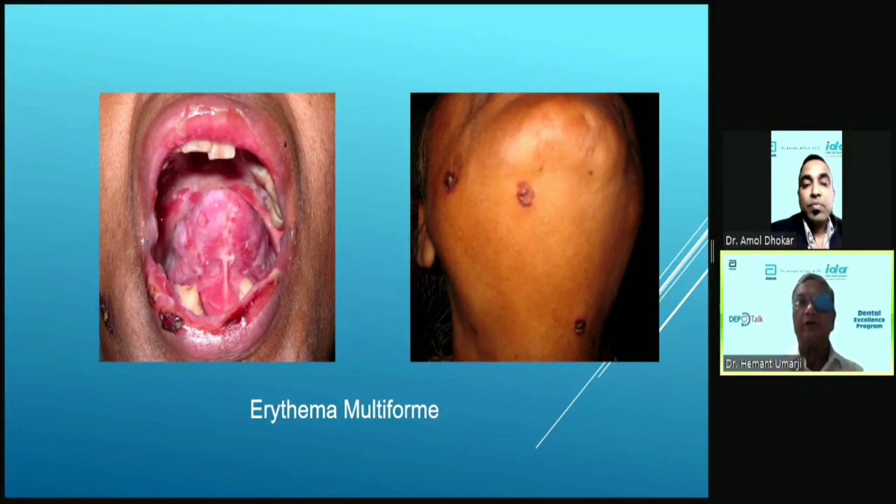A herpes patient will be less than 6 years, 6 months to 6 years. This patient will be a little older. This patient will give a history of taking some medication. A herpes patient will not give such a history of medication. Then herpetic lesions will be small, round, symmetrical, shallow, SRSS, and erythema multiforme lesions are large, irregular, deep, and bleeding.